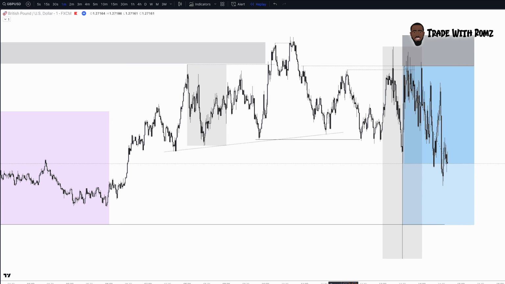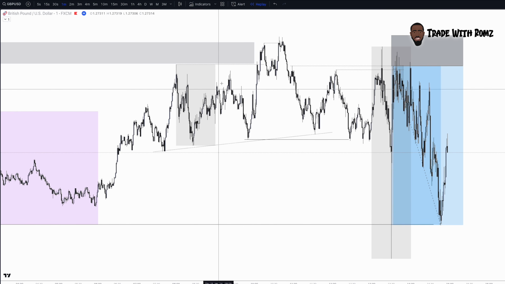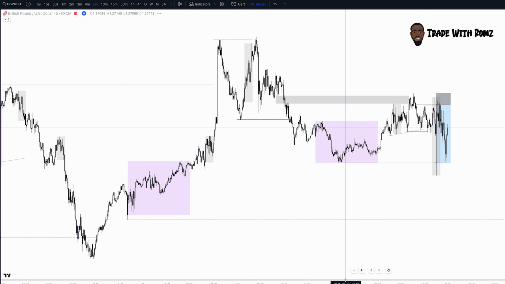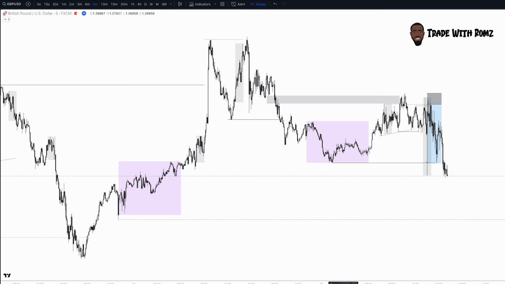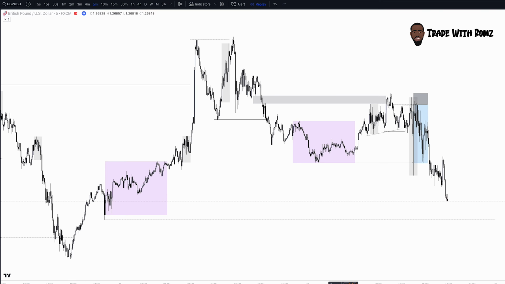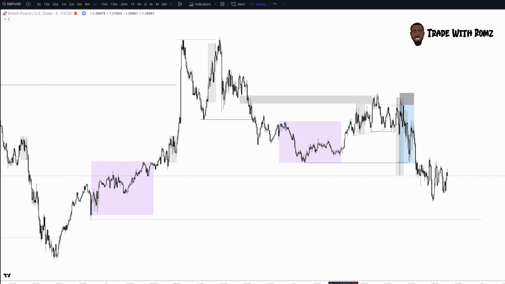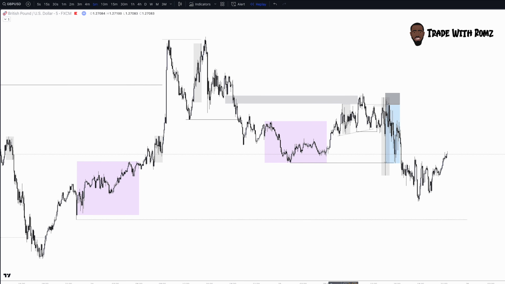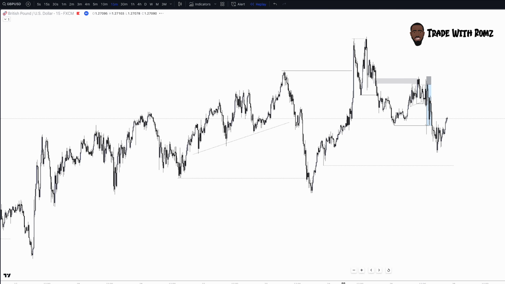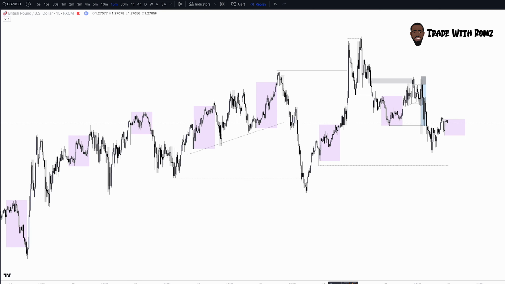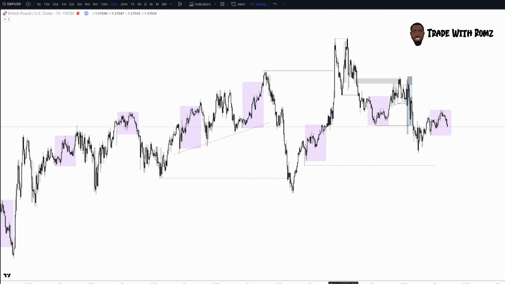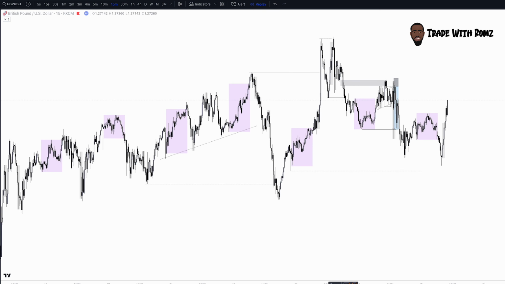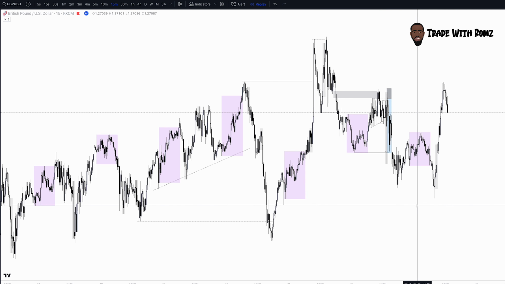Price then eventually started moving towards, let's go back on the 5-minute just to speed things up a bit, towards my target, and then eventually, I'm going to go 15-minute, it went for the following day. And you can see here, price eventually went down lower, and it actually missed